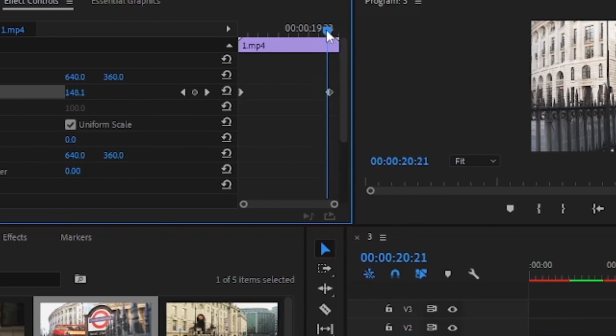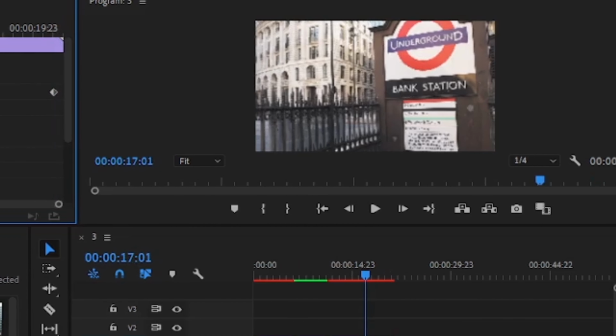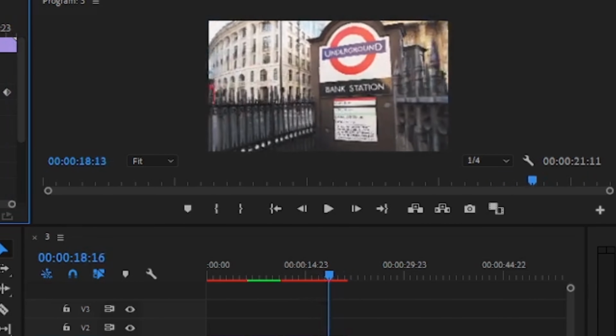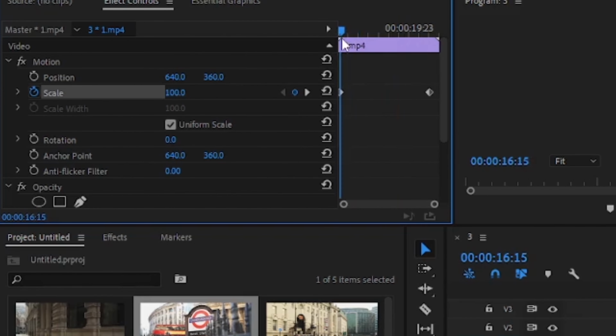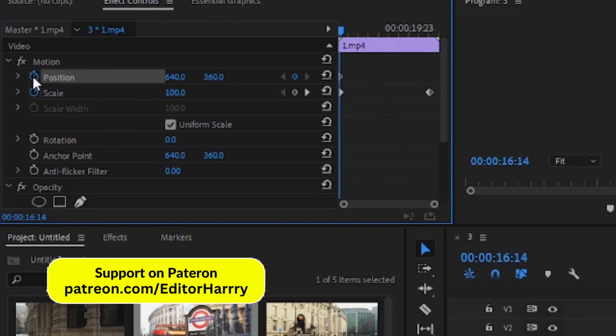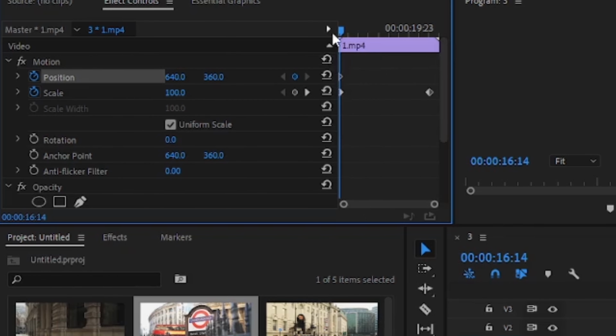So yeah, and then you can see the results, which are pretty good, but it still feels incomplete because you can see that it's zooming in, it's panning, but it's not coming into the center. So now we have to take it to the center. So we'll go back again to effects control, add a keyframe at the start of the clip and add a keyframe onto the position,